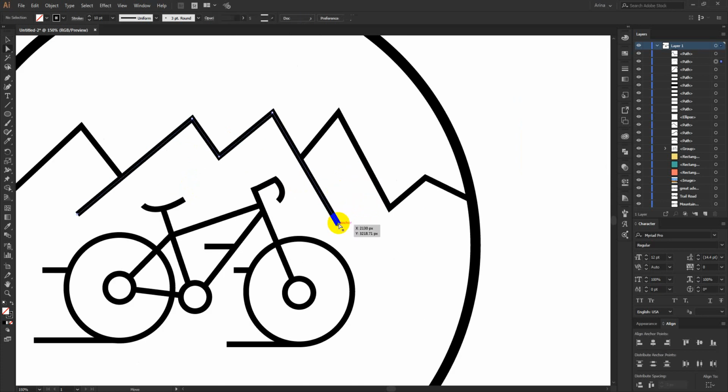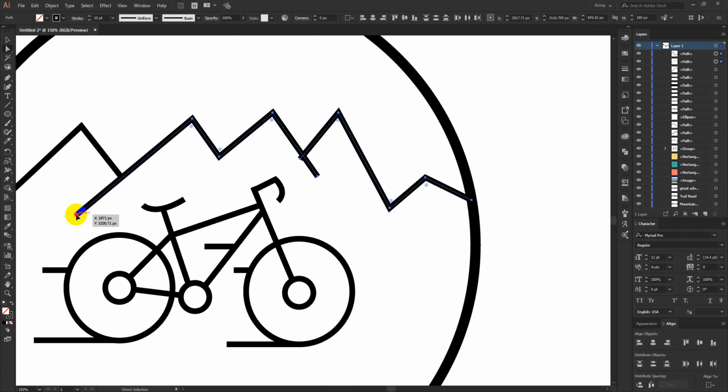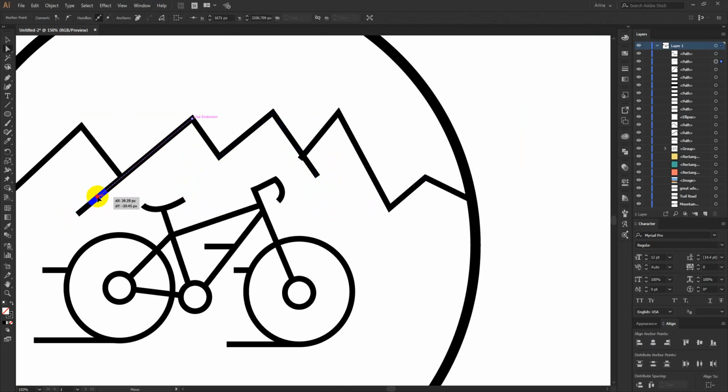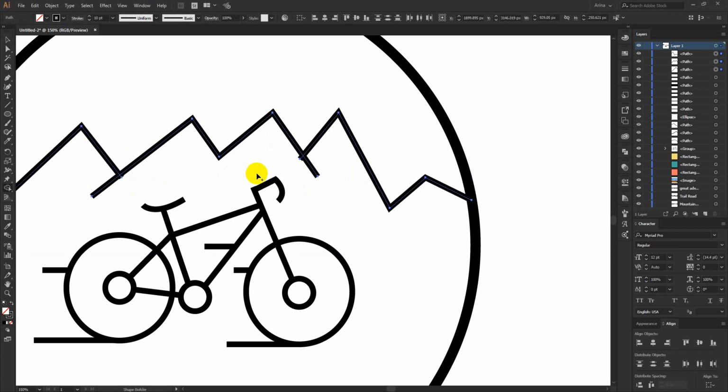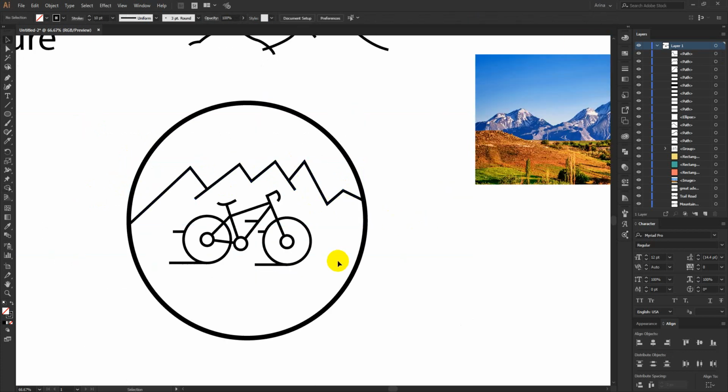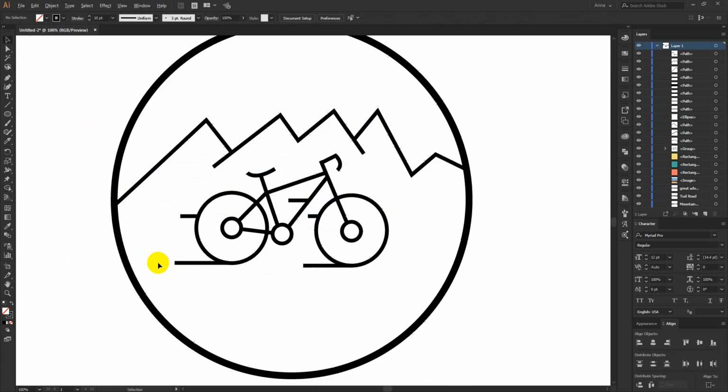Maybe I can make this a bit smaller here, something like this, or this one a bit higher. Okay, now I can select them and use my shape builder to erase this extra. Okay, so this is now my design.